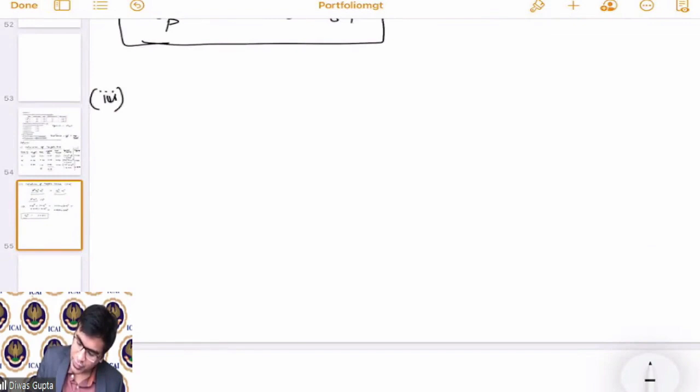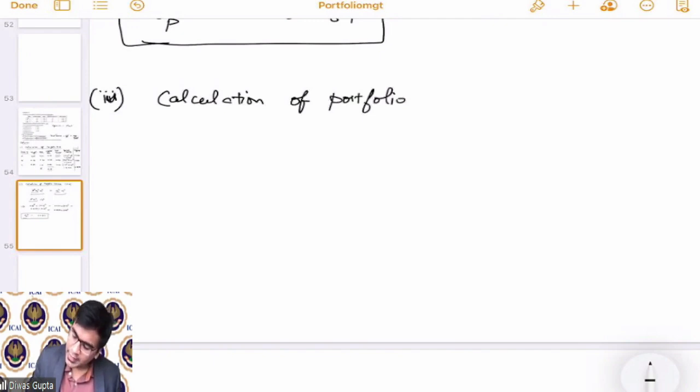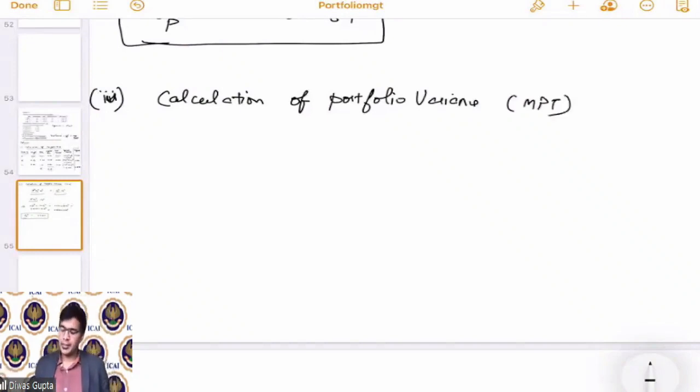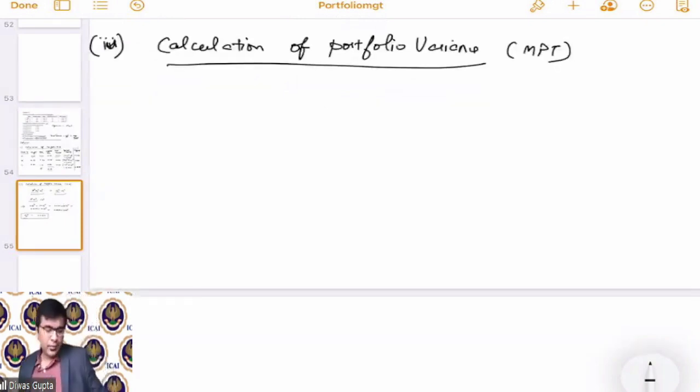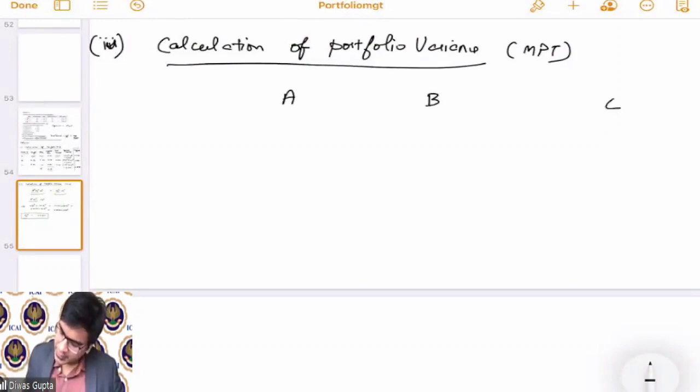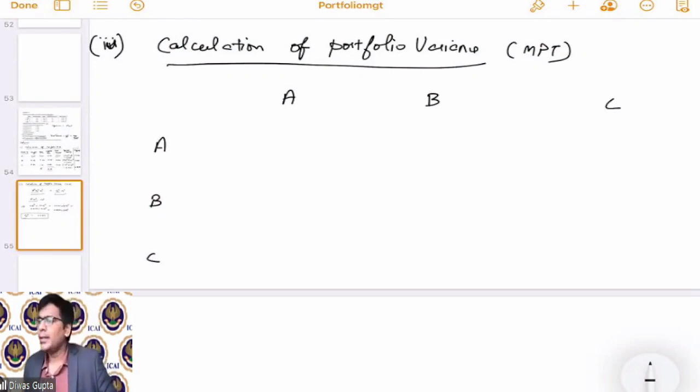So this is part number 4, sorry. So calculation of portfolio variance using Markovitz portfolio theory. So A, B, C and A, B, C. Now as per the formula, students,